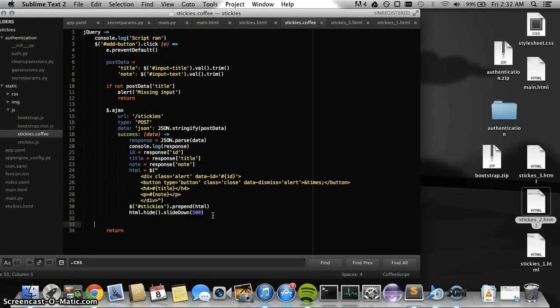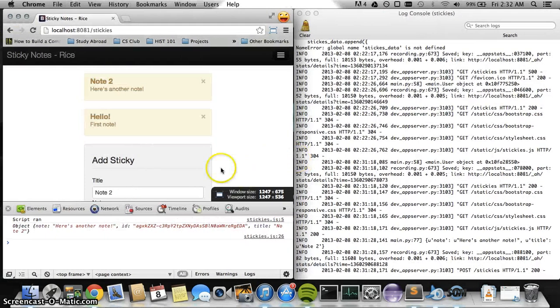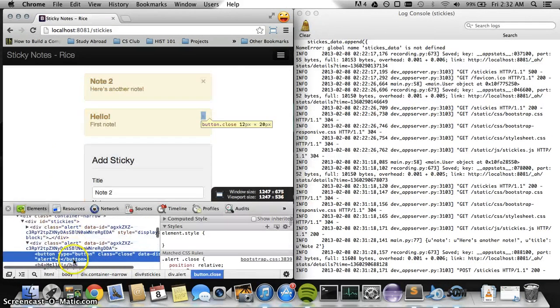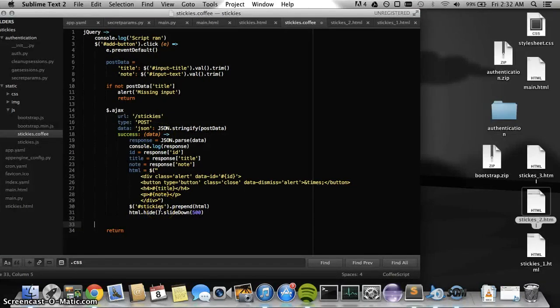So in order to do that, we have this nice little X button over here, and it's a button which has a class type of close, and we can use this kind of unique identification to bind a function to all such buttons. So let's go ahead and write this function first. We'll call it delete sticky. It's another function, and